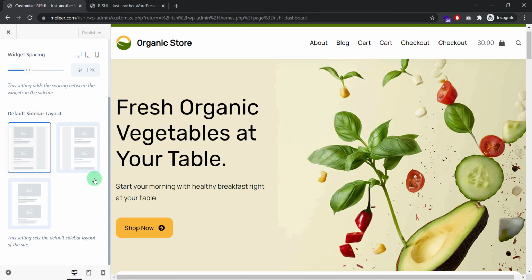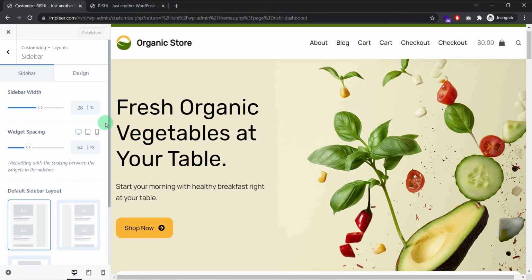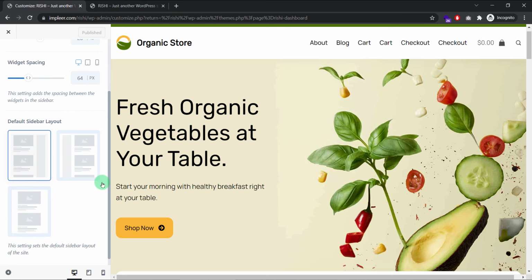If we want, we can select right sidebar, we can select left, or we can completely get rid of it to give the content full space of the page. Since I am using WooCommerce for only product selling, I am not willing to use a blog post, so I am not using that as well. So it does not matter which option I select. I go back